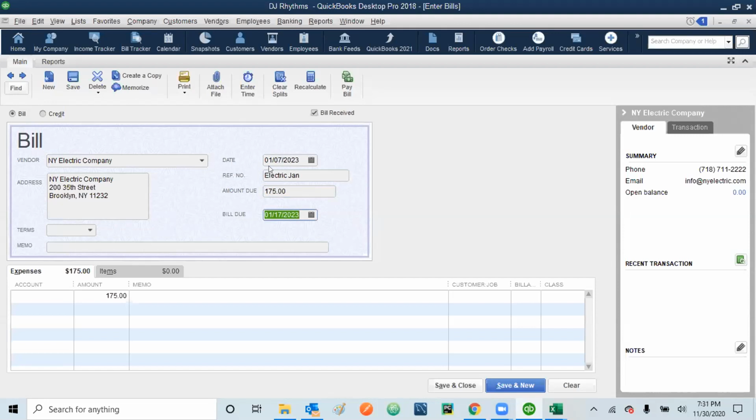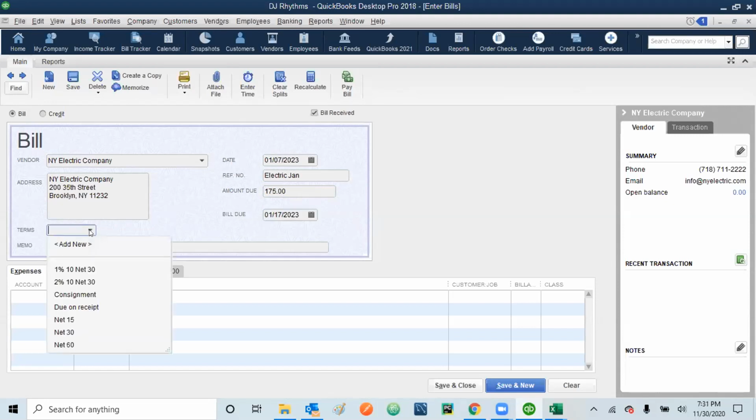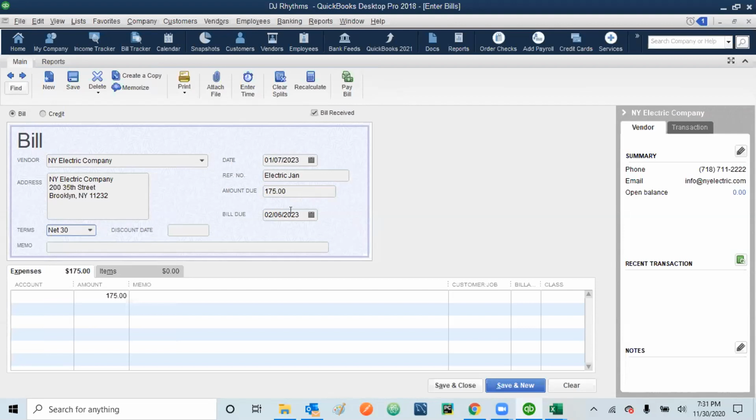See, because the terms were not mentioned here, it has automatically selected within 10 days. But let's say if you select 30 days as per the books, now you see your payment date is changed. And then you can just type in the memo why you are paying it: it's an NY Electric January bill.